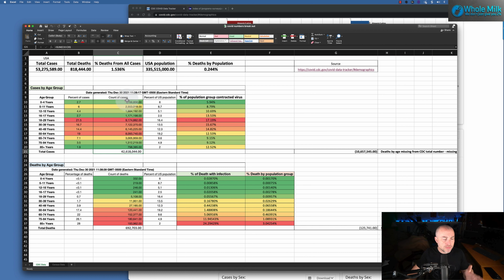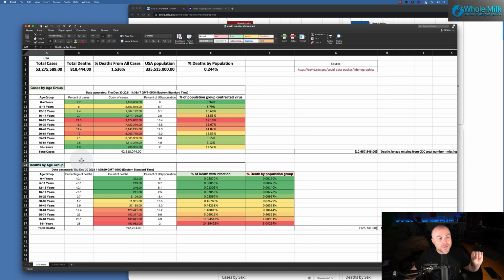So total cases in this data set, again, that little discrepancy kind of makes me wonder, versus their 53 million, that's a 10 million count different. We're missing 10 million people in this data set. That seems substantial. 10 million people out of 53 million, that's a large number. That's a fairly large percentage that are missing from the data. Maybe you should be asking questions. Maybe contact your representatives and say, hey, where's the 10 million? Why aren't they included? And why is your data all backwards and upside down?